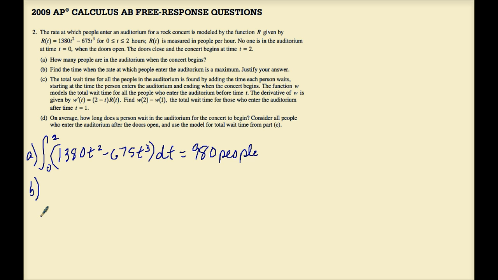Letter B, find the time when the rate at which people enter the auditorium is a maximum and justify your answer. We'll know when the rate is a maximum by taking the derivative of the rate function and setting it equal to 0. So let's find r prime of t. R prime of t is equal to 2760t minus 2025 t squared. When we set this equal to 0, we find 2 times when this function equals 0, at t equals 0 and at t equals